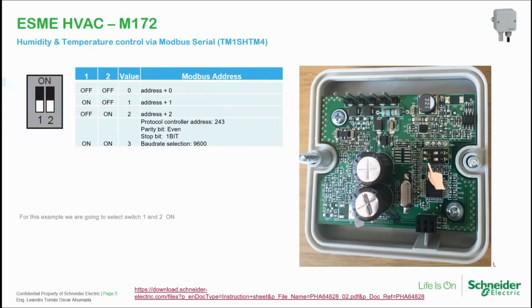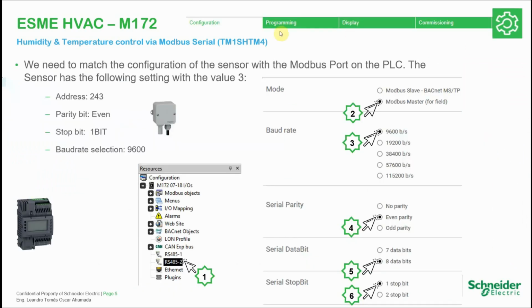If we continue forward, what we need to do is configure in our serial line 2 the device that we're going to use. But first we need to configure the port on the PLC side in order to connect with the same information that we have. As you remember with Modbus communication, we need to have only one master and at least one slave, which is the case: we have one master and one slave, and we need to match this configuration, the parity bit, the stop bit,